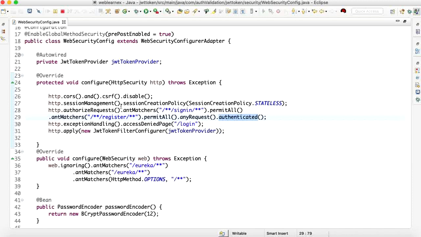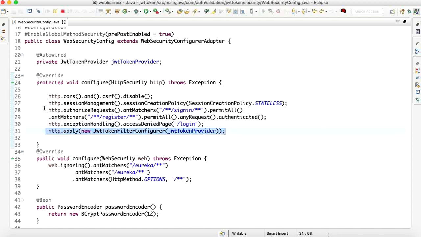If any user is logged in using register or sign in, then it will allow access, otherwise the rest of the endpoints are authenticated. If any error occurs, then it will automatically throw the login page.